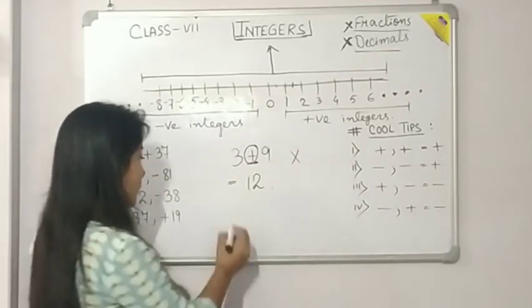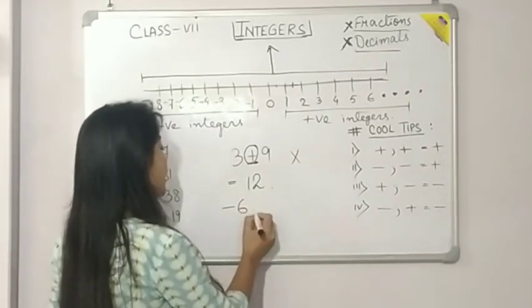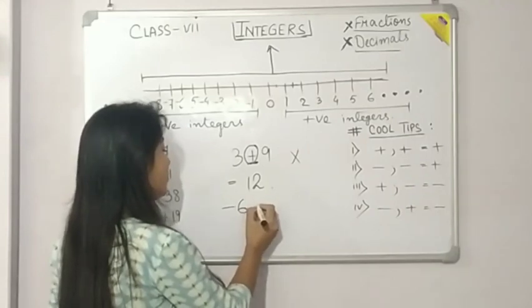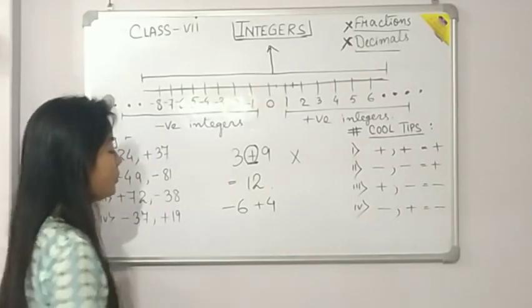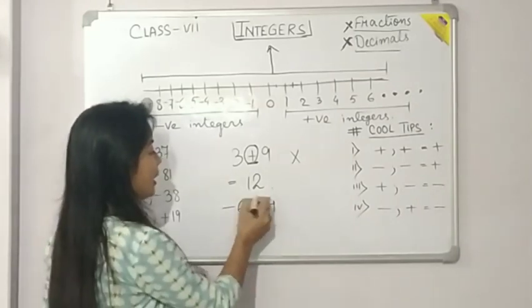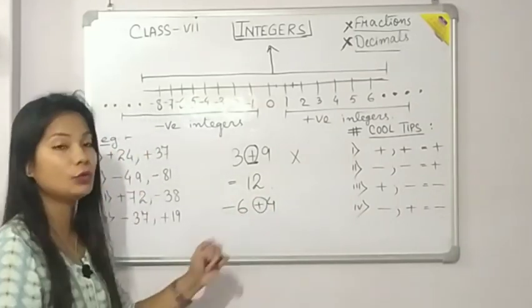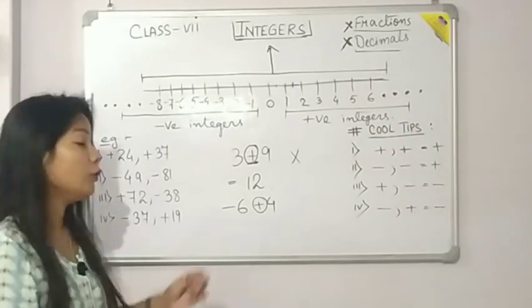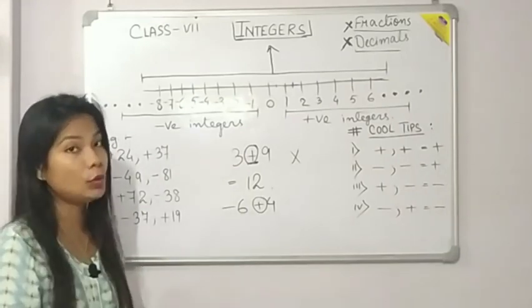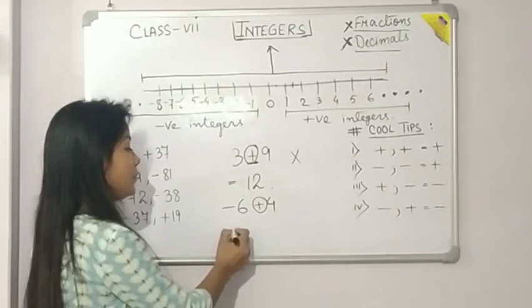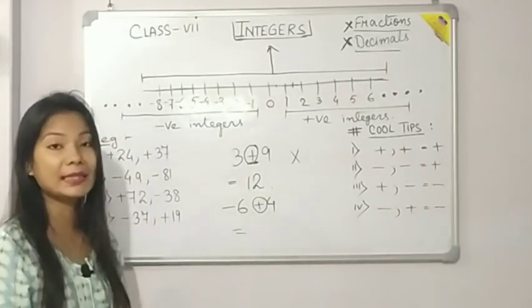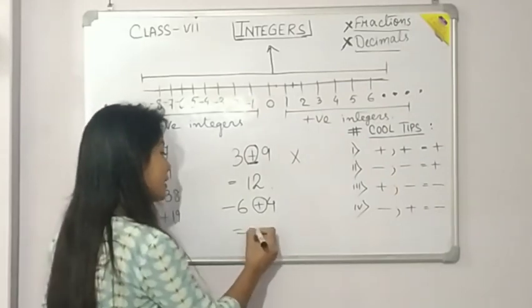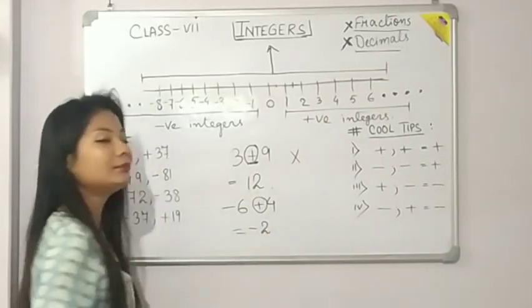As an example, let me say we take two numbers, minus 6 plus 4. Now you can see that we are getting a plus sign in between the two numbers. Now what will you say? Will you do any addition here? No, you cannot, because if you do addition, then it will become 6 plus 4 equals 10, but the answer is wrong, because the answer is minus 2.